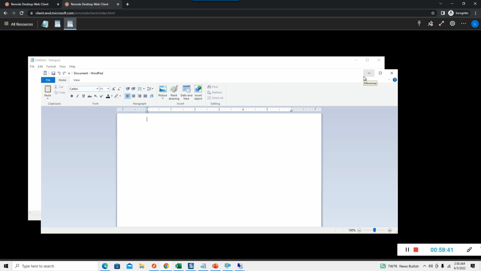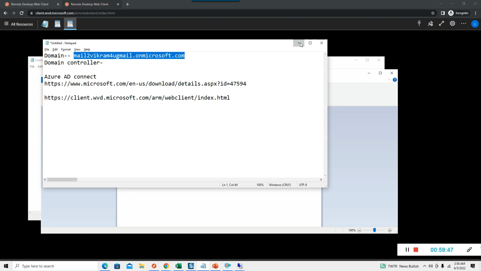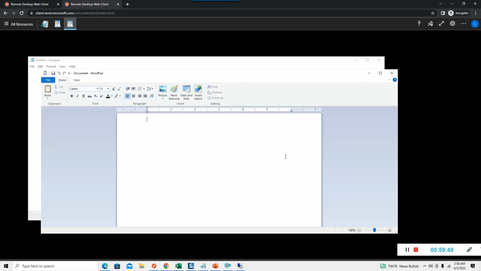However, let me just give the brief idea of the task that we completed. So basically, first we created a domain controller, and in the domain controller we created the users. Then we synced those users from on-prem AD to Azure AD. While doing that, we downloaded the Azure AD Connect tool. With the help of that, we synced the users from on-prem AD